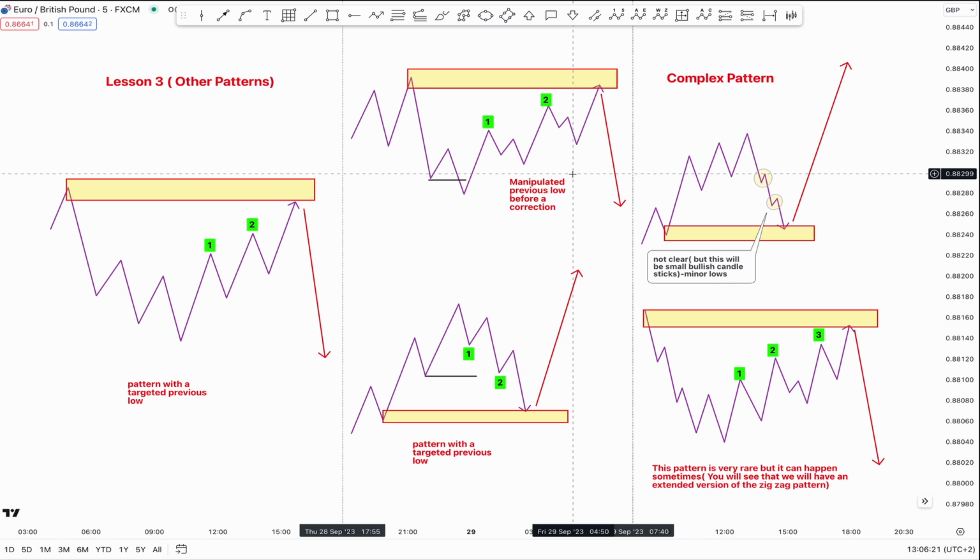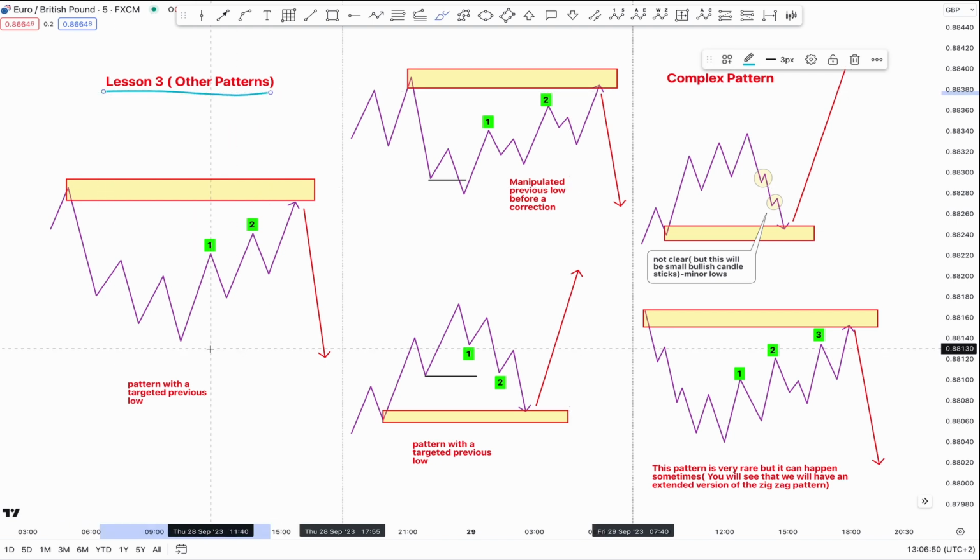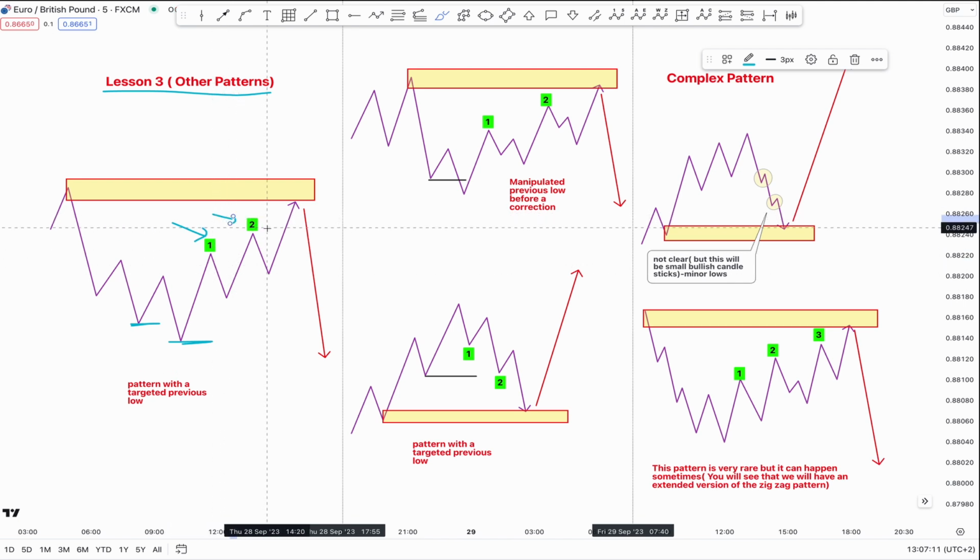You can see right now here we have more than one pattern, but eventually they look almost the same. So from here on this lesson 3, we can see clearly that this pattern here will target this low here. We will target this low, and to make it simple, just number your highs here. We can see clearly that I have numbered my highs. It's 1 and 2, and then I will wait for a confirmation candle around this area